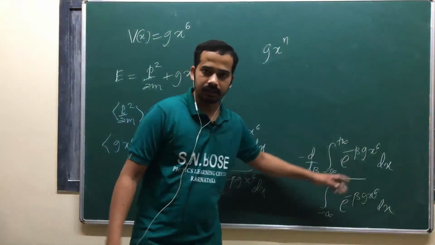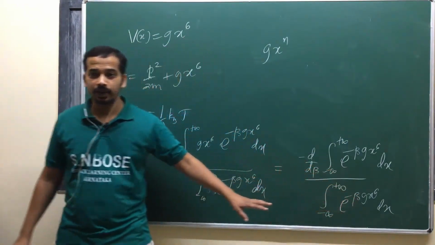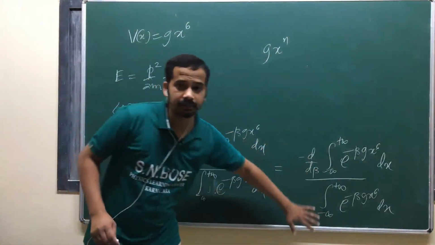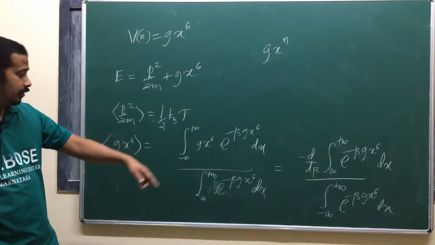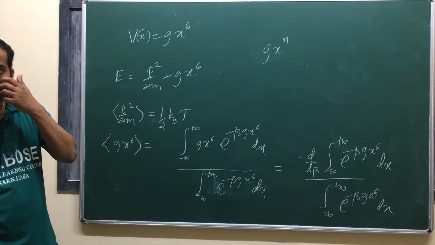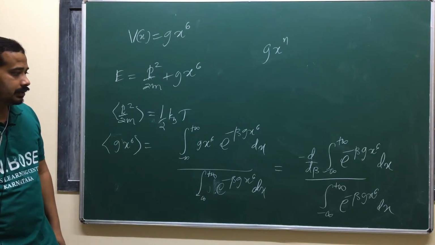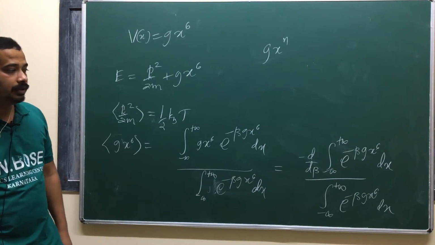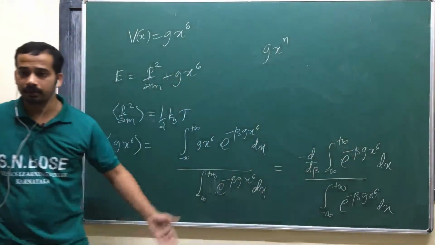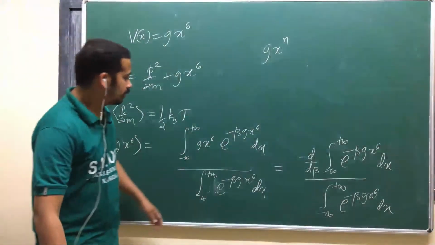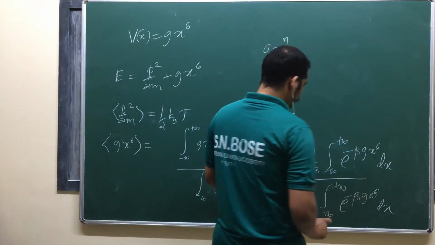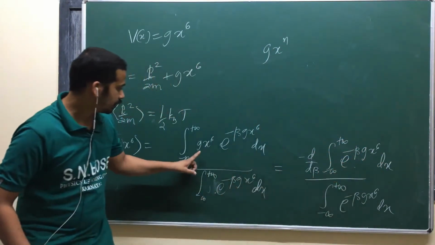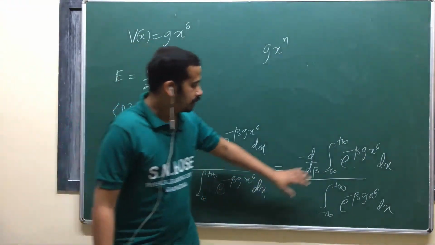I solved this integral, just check it out. You don't need the integral value, because later you take a log and then a derivative. So it is not completely required. To solve that integral, you need only one variable. Are you getting this idea? If you take the beta derivative, you get g x power 6 outside with one more negative sign to balance that negative sign. Now this integral is to be solved.